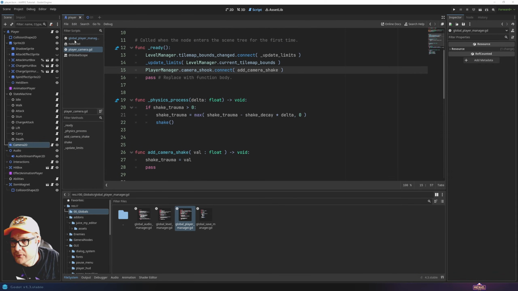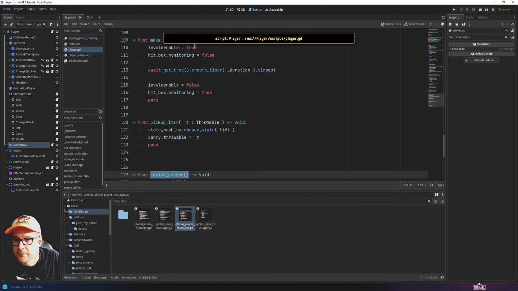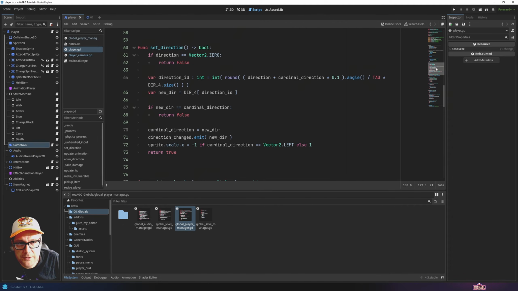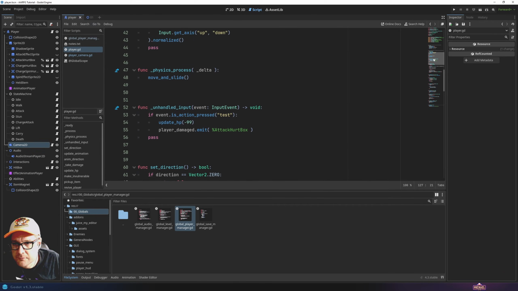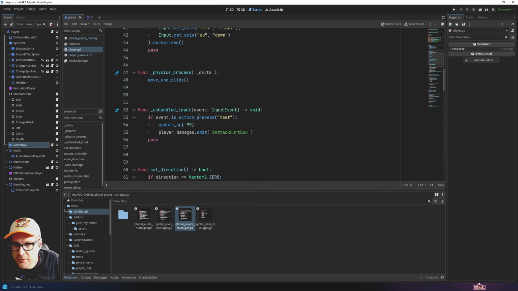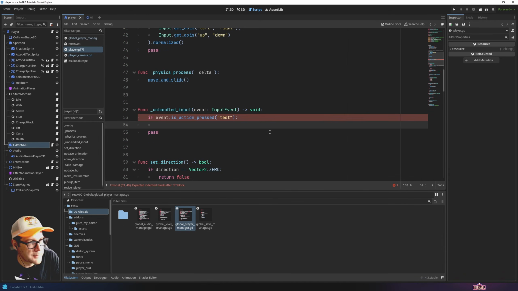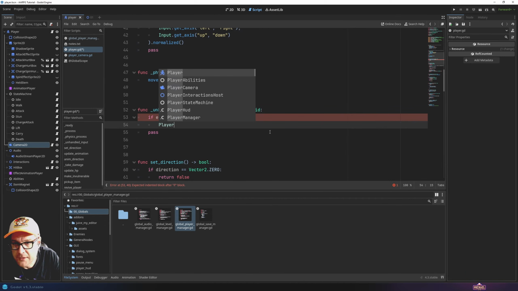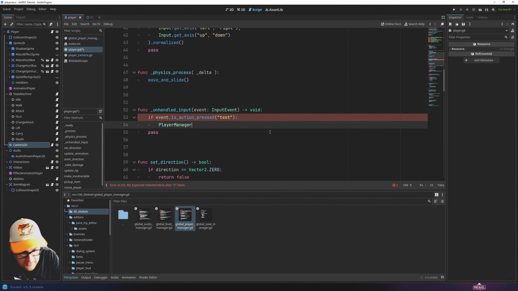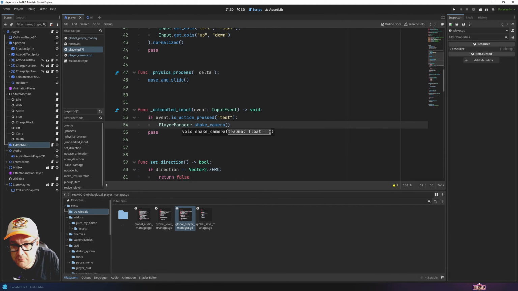Now, in order to test this, I'm going to go to my player script. In here in the past, we've used this unhandled input and connect to a test action press just to do some things. So I'm actually going to reuse this. I'm going to delete this. We don't need to test our damage. It's the last thing we used it for. Instead, I'm just going to simply call PlayerManager and call this shake camera function. And now if we save this, and if I run the game,